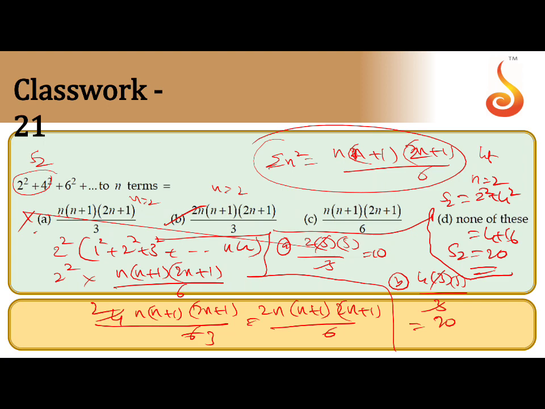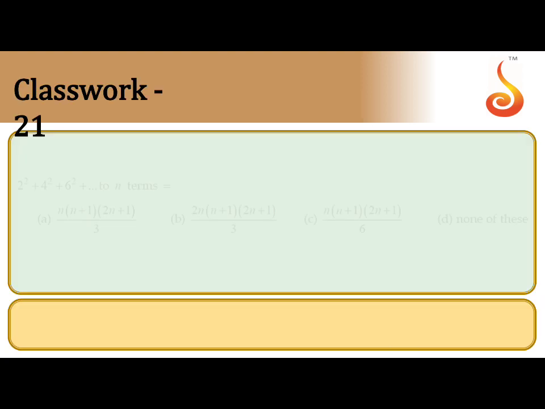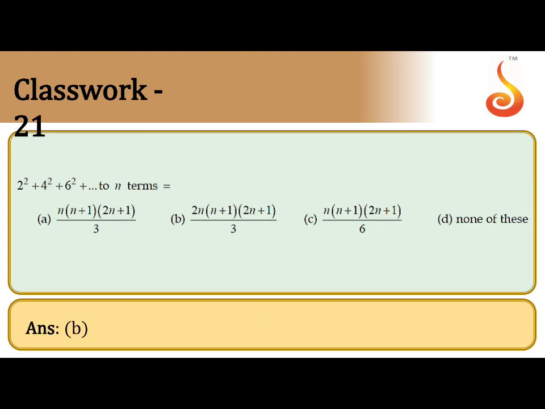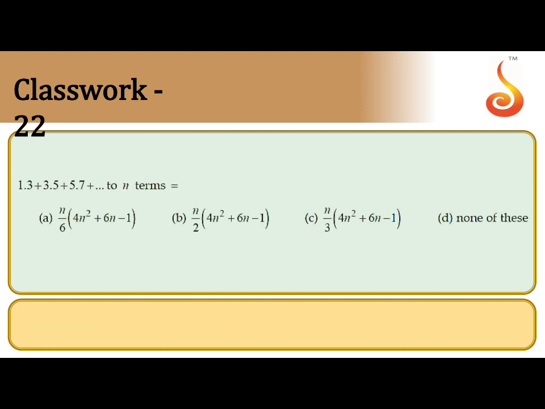So the second method is the easier method to solve such questions. I will explain one more question based on this. So the option is B. Next, we take that method here. I will go a little slow. Let n equal to 2, so calculate S2, the sum of the first two terms: 1 into 3 plus 3 into 5. So 3 plus 15, that is 18. That means the S2 value is 18. The option value should also be 18 when taking n equal to 2. So take n equal to 2 in the options.